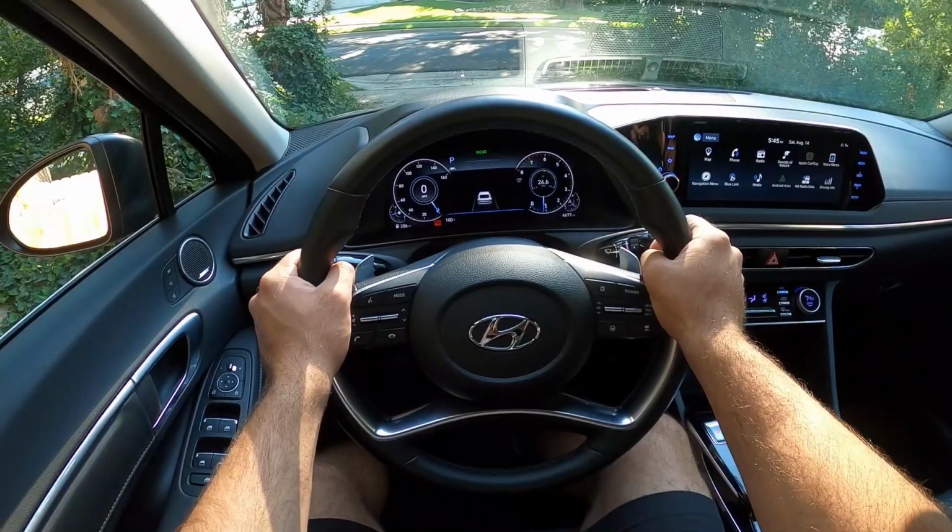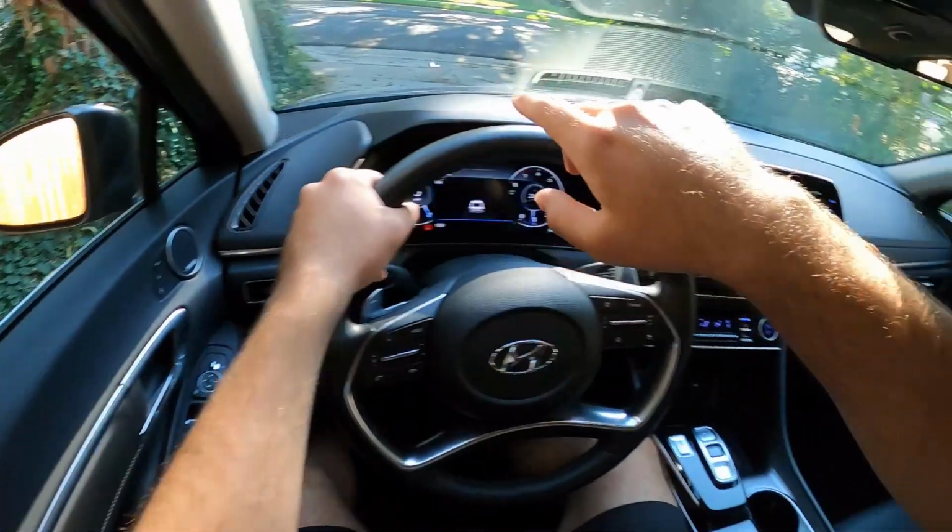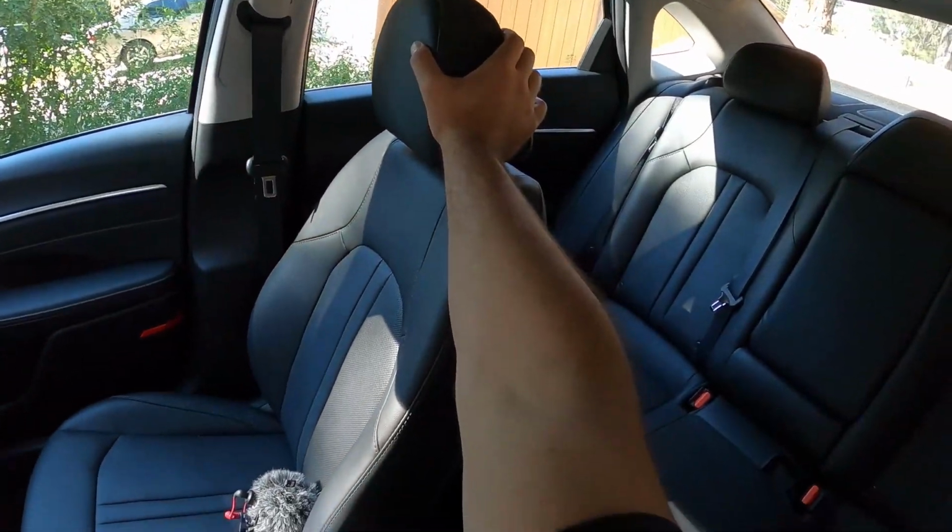So let's talk about visibility before we set off here in the Sonata. There's visibility over the hood and the heads-up display. Both of the mirrors do have blind spot, and then throughout the rest of the rear,